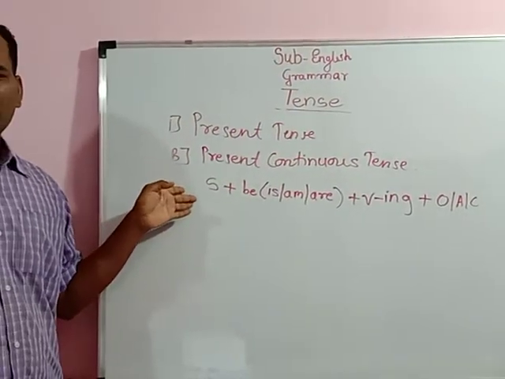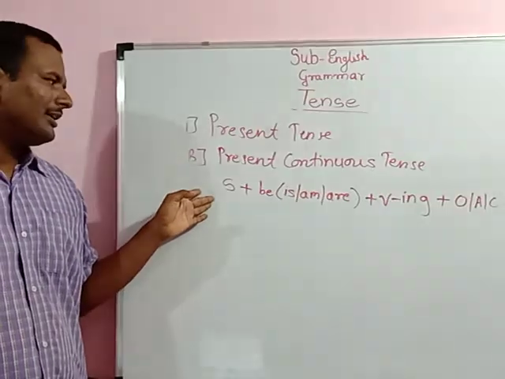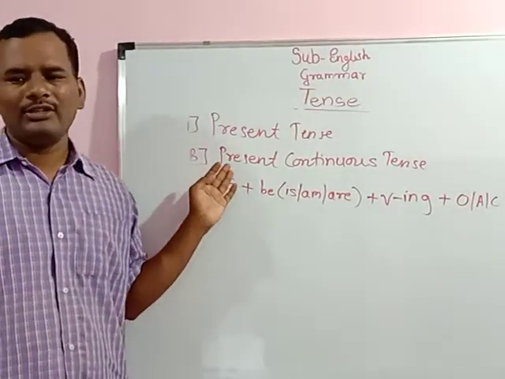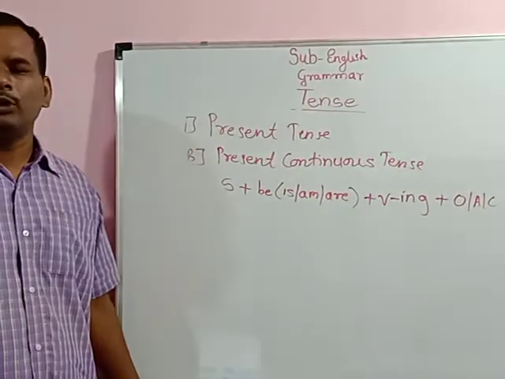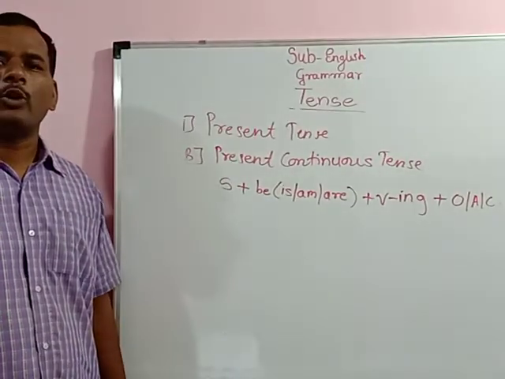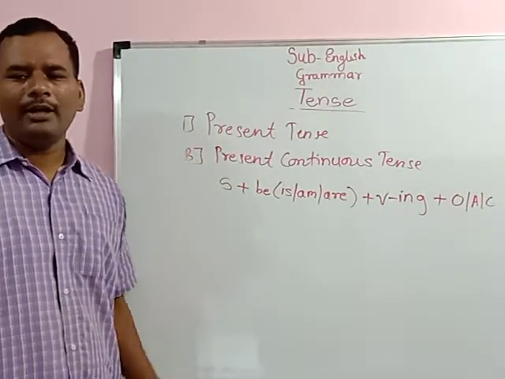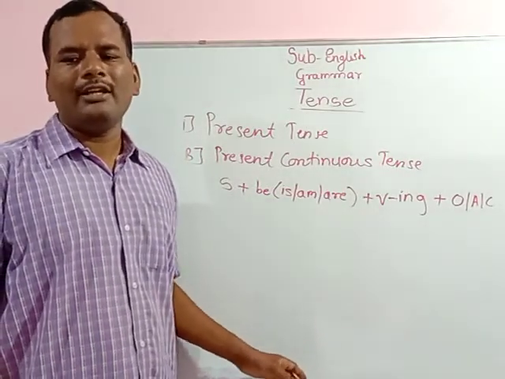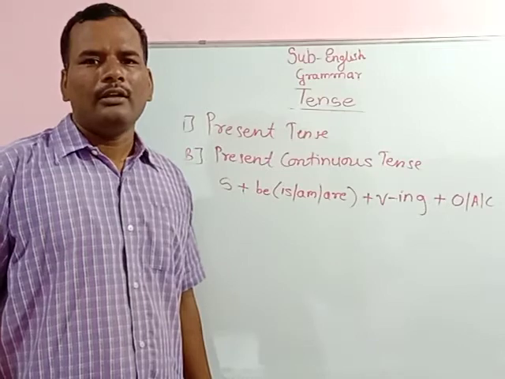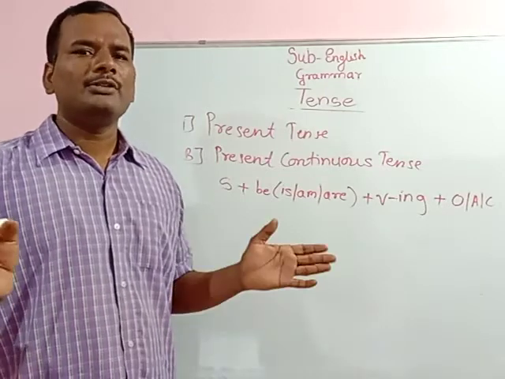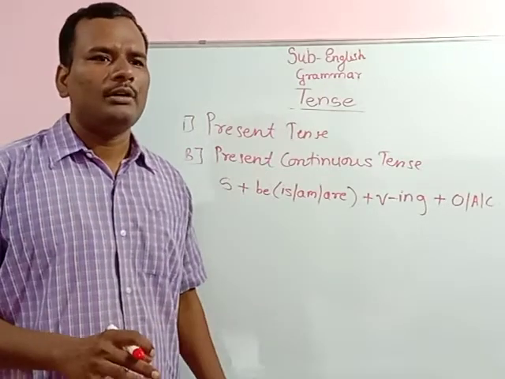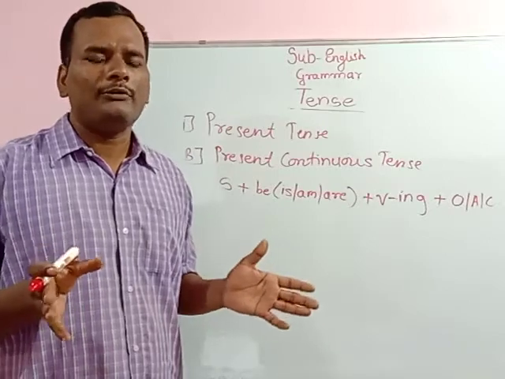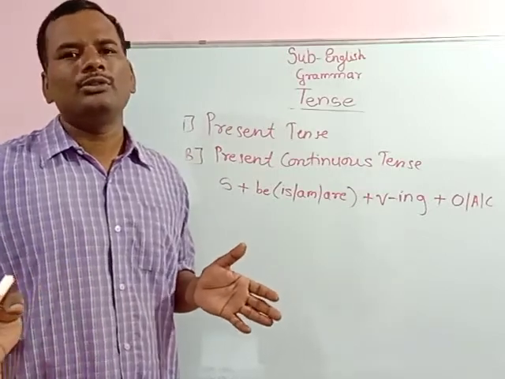And actually I want to tell you that present continuous tense is used to denote or to indicate the ongoing action. So for example, the children are playing in the field. So see, the things which are happening just now, for such actions, you have to use